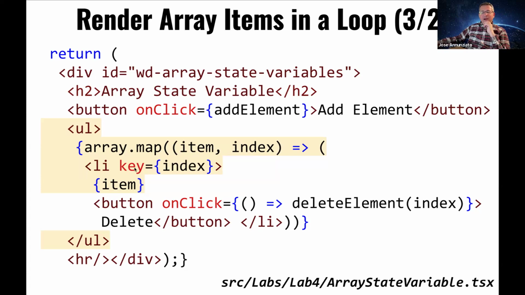And so that key property is a property that is required by React, that whenever we are generating dynamic items, in a loop or something like that, we have to provide some value that is unique, to help the rendering engine. The rendering engine needs to be able to maintain, in its memory,